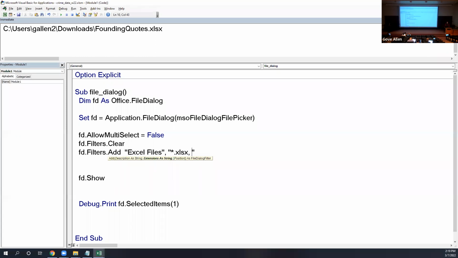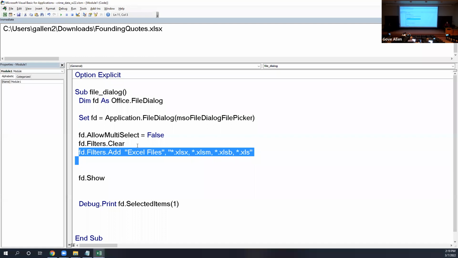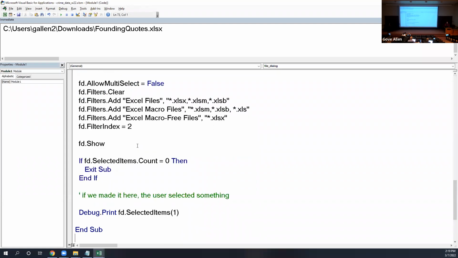or star.xlsm or star.xlsb. Those are the main Excel files, or I guess even an old school Excel file, star.xls. And while I'm at it, oops,